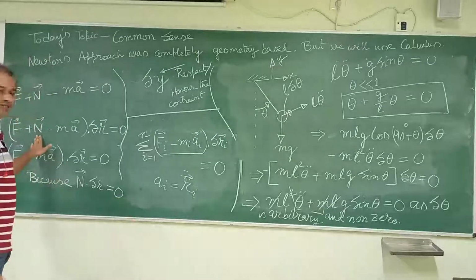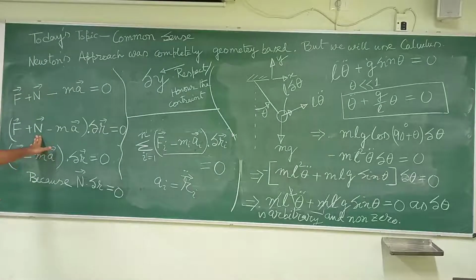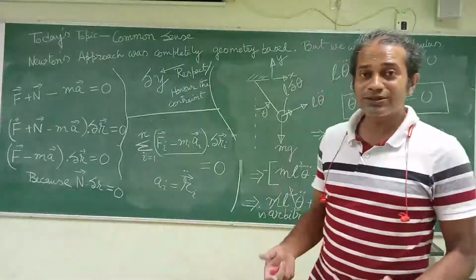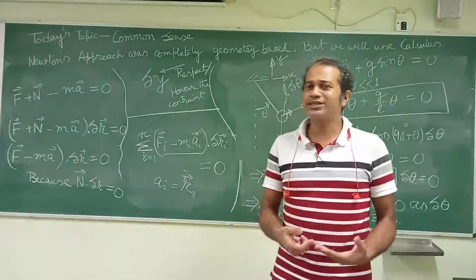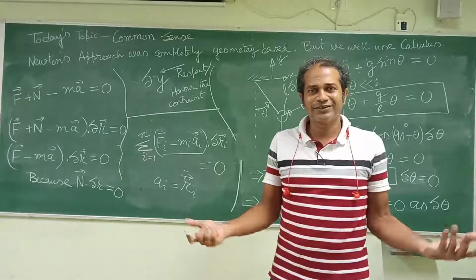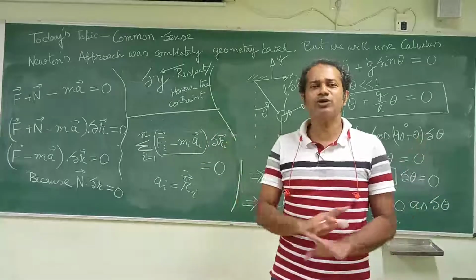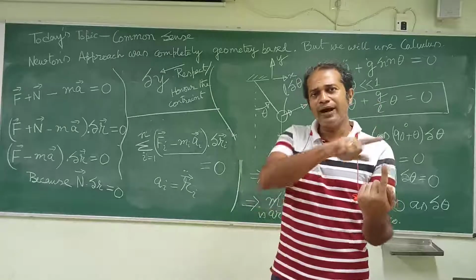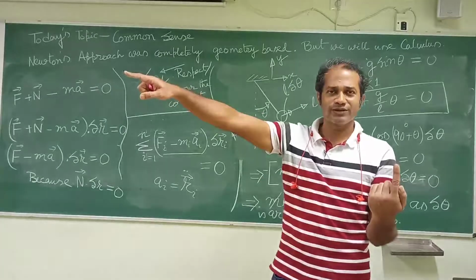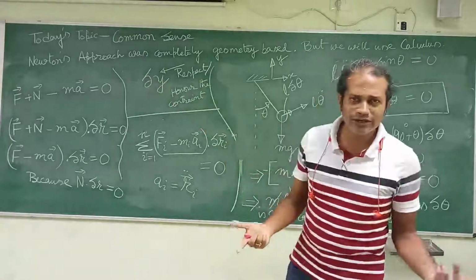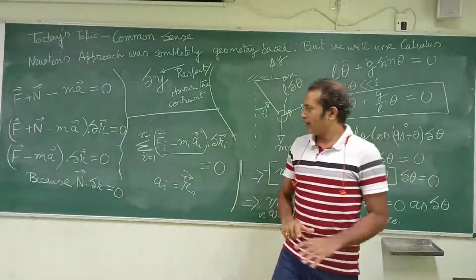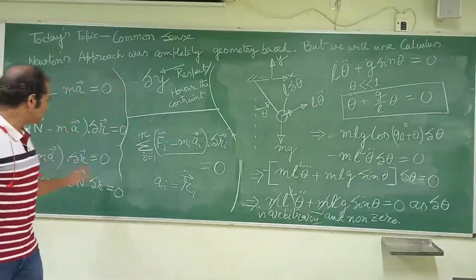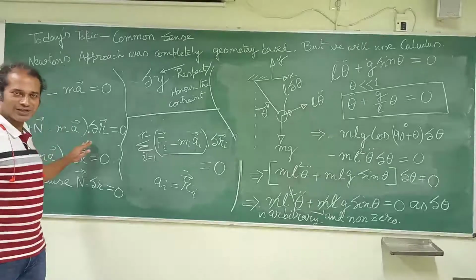And the forces of constraint are not going to do any work. With the simple pendulum we have seen the example, but you can just think about the friction. The normal reaction is not going to do any work. The normal reaction for a rolling wheel is not going to do any work. It is a force of constraint. The normal reaction is this way, and your wheel is going to move in this way. The displacement is this way, so it is never going to do any work. So in a simple way, any force of constraint is not going to do any work. Okay? So it is just the external force minus mass times acceleration.